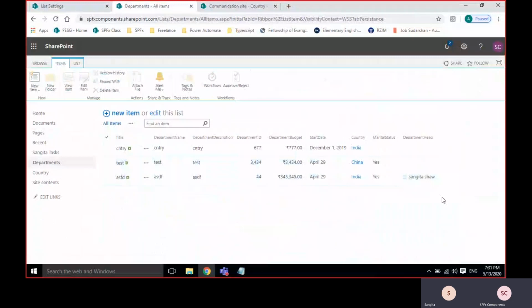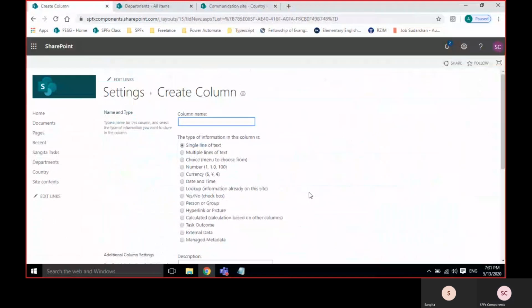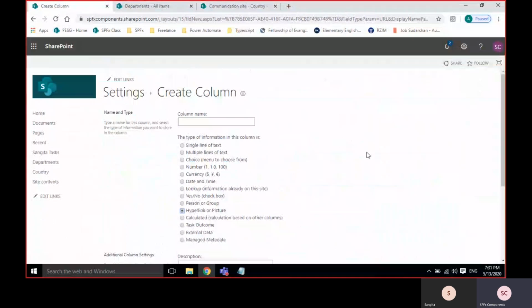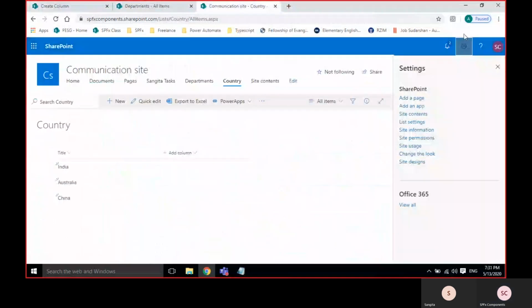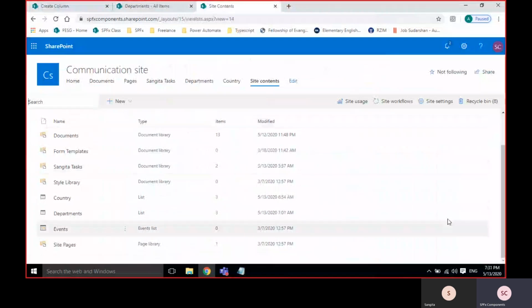Okay, the name is coming up. Now, hyperlink or picture. Sometimes we may need to give references.